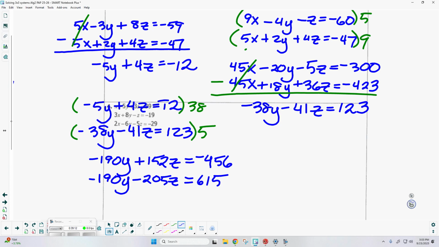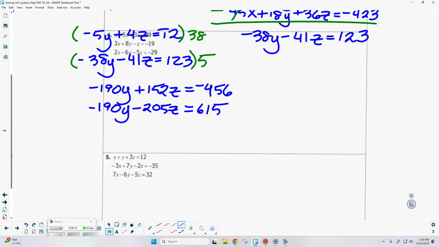Okay, so we're almost there. We're in the home stretch. We're about to solve for z, and then we can start working backwards. So I'm going to subtract these two. Subtracting a negative makes opposites. Okay. So it looks like I'm going to have 152z plus 205z. So that's 300 what? 357z